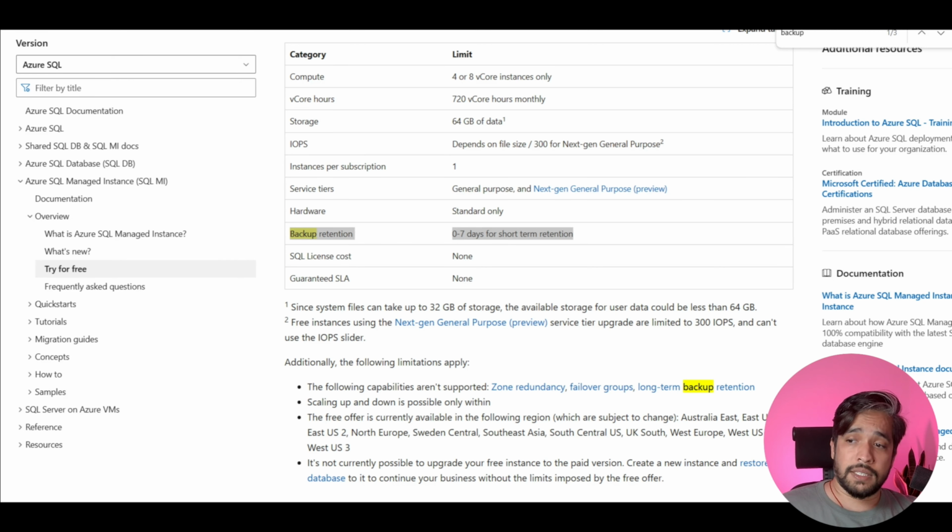So yeah, that's it for today's video. We connected to the public endpoint, we created logins, users, granted some permissions, saw the limitation in terms of backup,